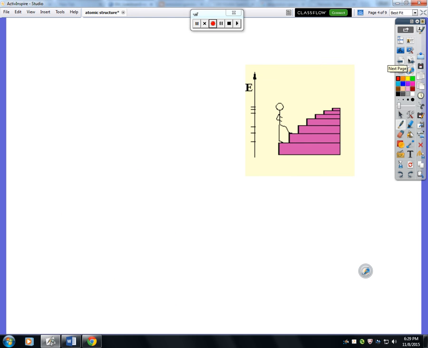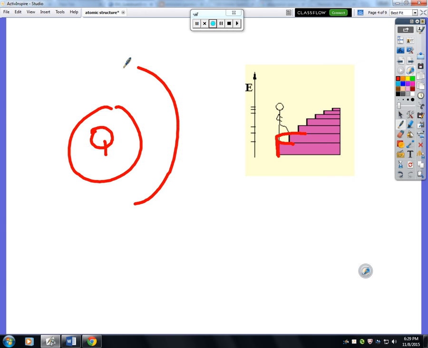Now, keeping that in mind, we're going to compare these to a staircase. So this is the first energy level. It compares to this stair. Second energy level compares to that level of stairs. Third energy level to this level of stairs. So if I was to jump,